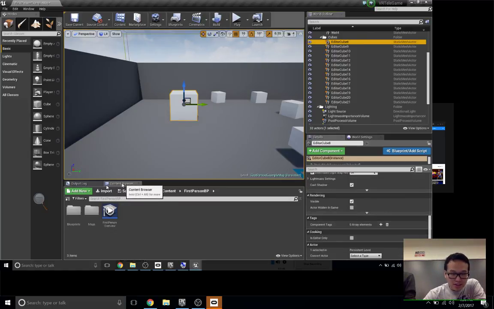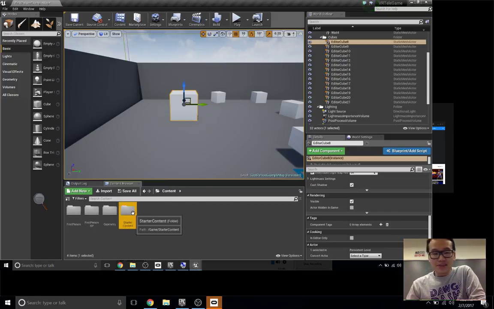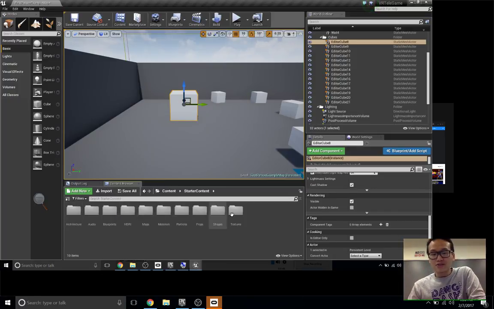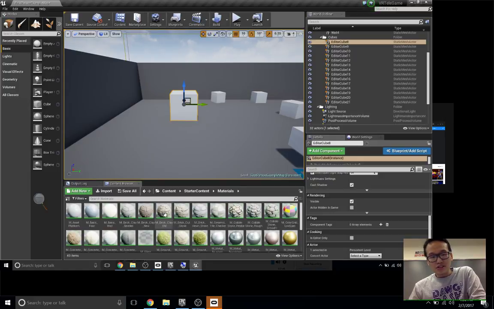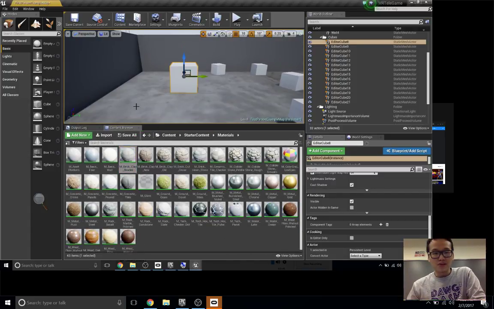The content browser is on the assets that you have. So if you go to the content browser, they have the starter content. Because we added it in the beginning, in starter content, these are all the things you can use for free. For example, you go to materials and you can see a lot of basic materials that you can use. You can put one over, and now you have a new material for your graph.